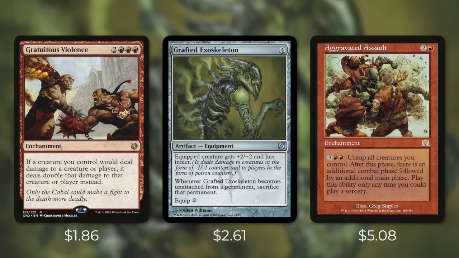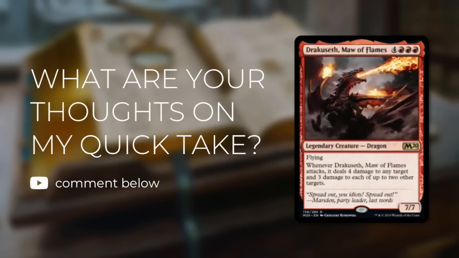Even though that is my opinion though, it doesn't have to be yours. If you want to build around this card as a Commander, there are definitely ways to do it. And if not, Dragon Tribal is always a good place for it too. But I really want to hear your thoughts on this take, so why don't you let me know in the